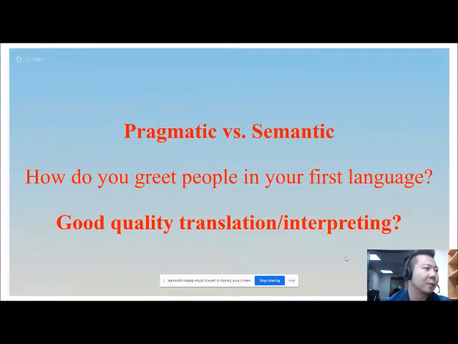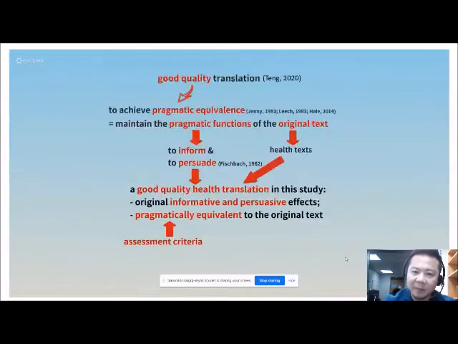So once the function of saying 你好, which is to greet people, is achieved, then we can say that expression has achieved the pragmatic function of that particular expression. And this particular pragmatic function or meaning cannot be achieved if we simply focus on the semantic meaning or the literal meaning of the expressions. So that's what I want to focus on today. And when we use that idea to look at translation and interpreting quality, then what I mean by good quality, I actually mean this.